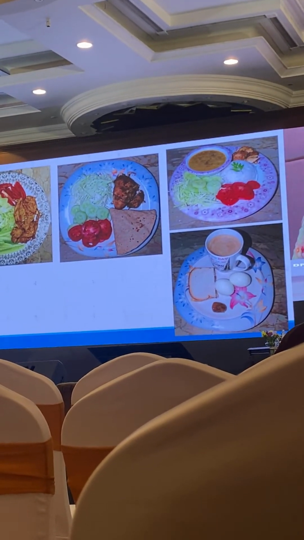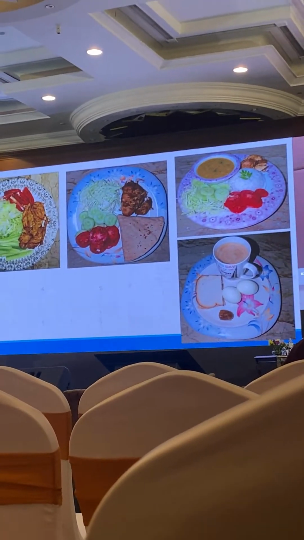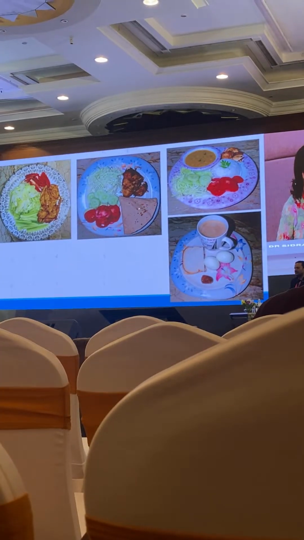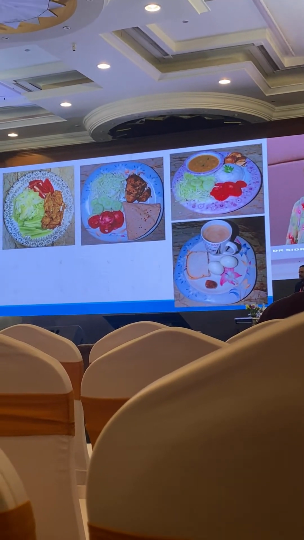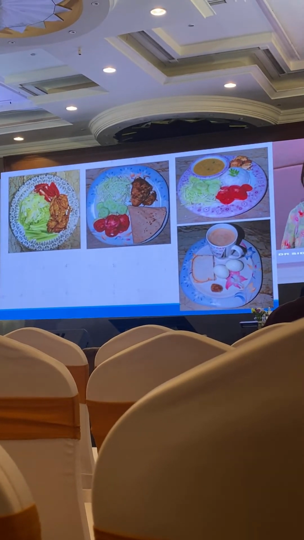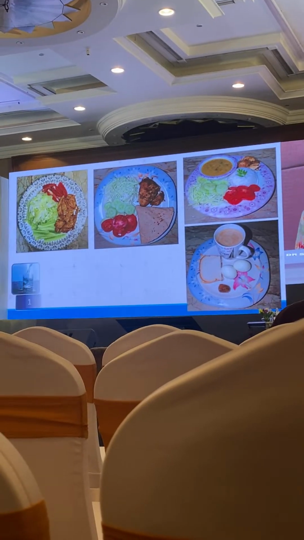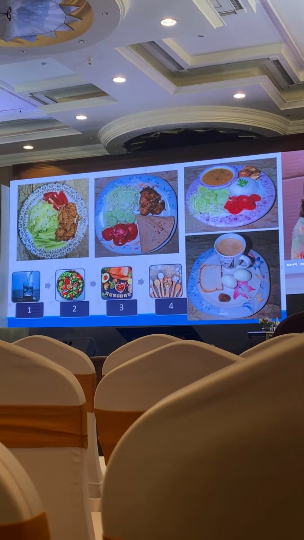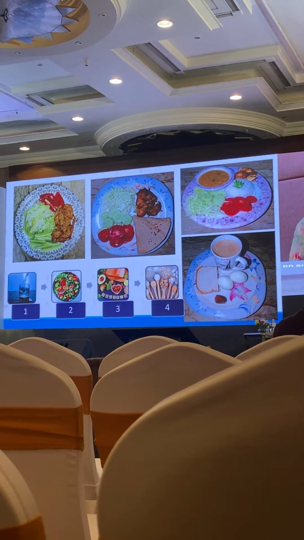And this is the breakfast plate. So you can incorporate in every meal. You can make the change. You can have rice, you can have roti, you could have bread, or you could have anything for that matter. Whatever you like, please don't do away with it. And another thing that we can advise them is 1, 2, 3, 4. The order of food. Water, fiber, protein, and then the starches and foods.